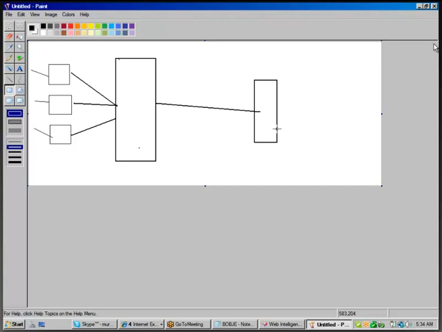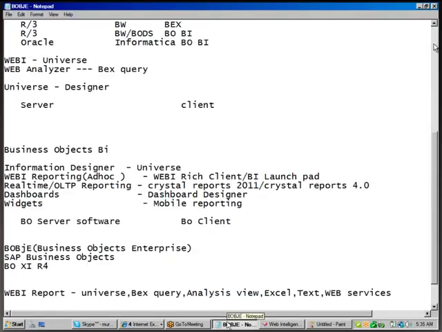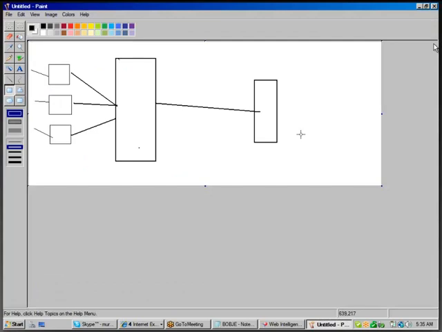What you need to do is, before creating a WebI report, create a universe on top of the data warehouse, then create your WebI report. Why are you creating a universe? I told you, a WebI report cannot support a data warehouse.